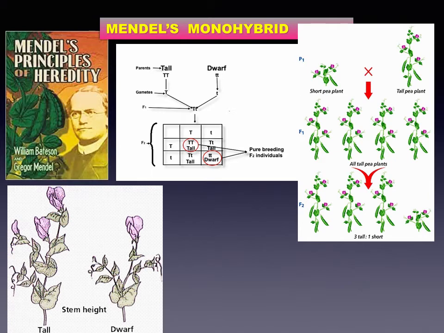Mendel further continued this experiment and brought about self-fertilization in F1 plants, from which a second filial generation, F2, was produced. Now you can see in the second generation, that is F2, both tall and dwarf type of plants appeared. According to the data collected by Mendel, out of 929 pea plants, 705 were tall and 224 were short. Thus, the phenotype ratio of this type is